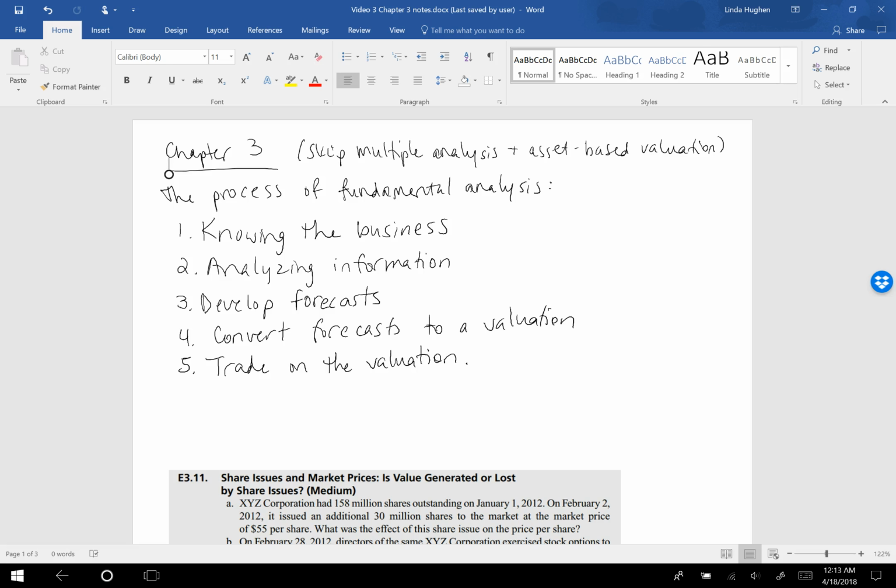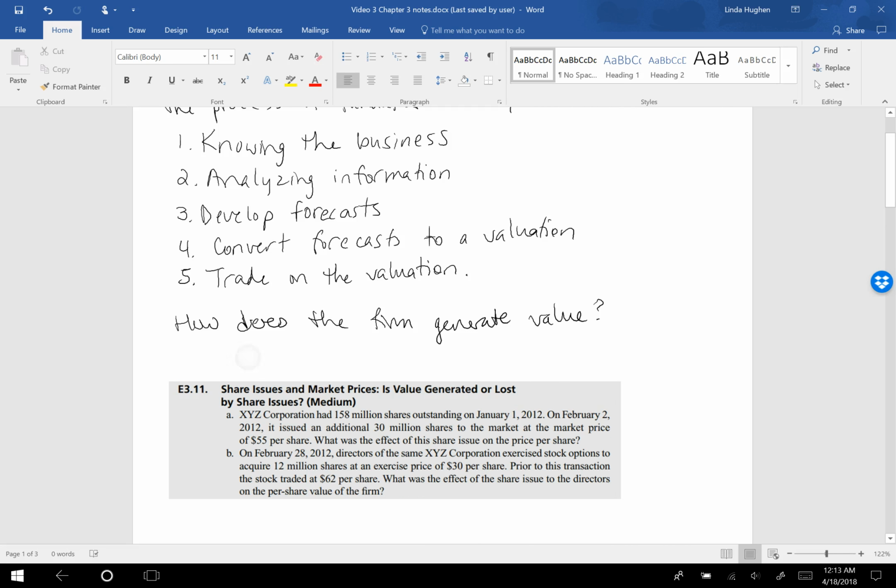In order to estimate future payoffs, what we really want to do is measure how the firm generates value. And how does the firm generate value? What the rest of this video is going to do is talk about ways that the firm does not generate value. One of the ways that the company does not generate value